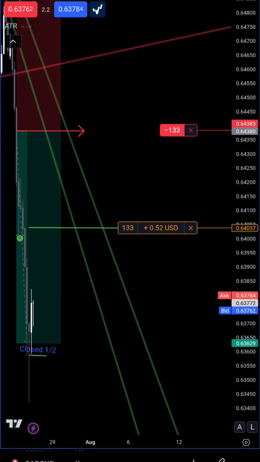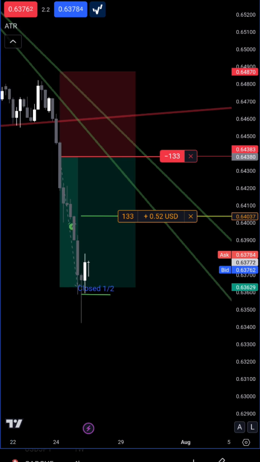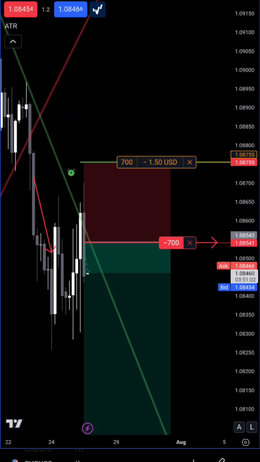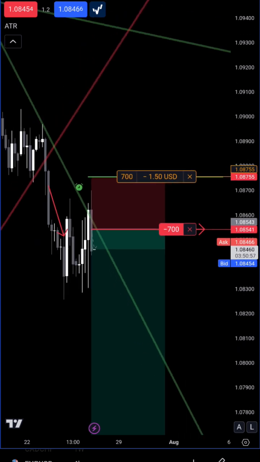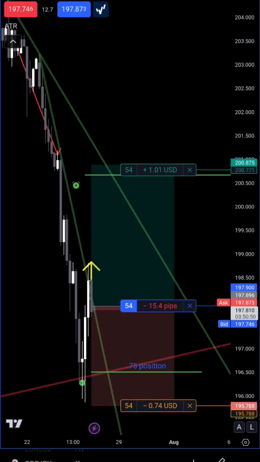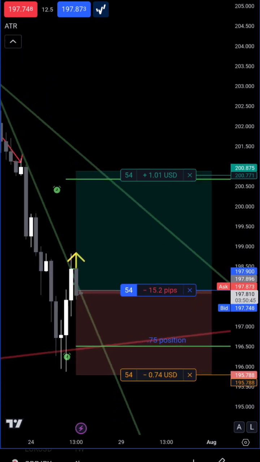CAD CHF is running down in some profit now. I just need it to continue falling. Let's move to the next one, Euro USD. Also a little bit in profit now. Well, actually with spreads, probably not. So we'll have to see how that one plans out after 5. And then the last one is GBP JPY. I was not feeling 100% confident in this one, so I only went in the position small. As you can see, it's a really small account. So like this was 75 cents. My normal position size is $1.50.